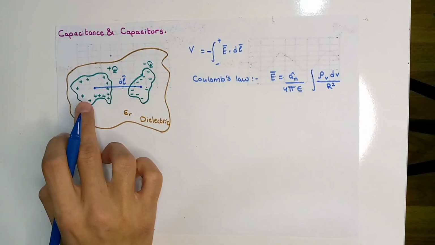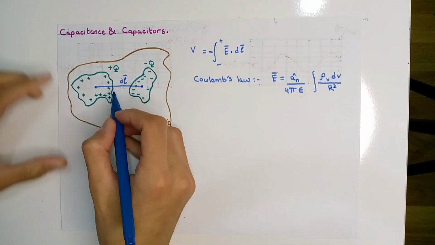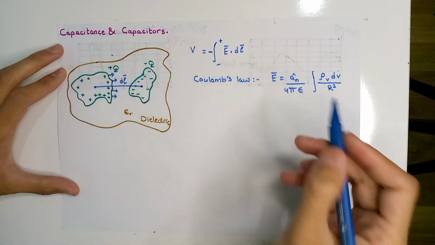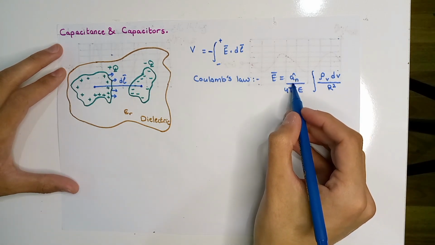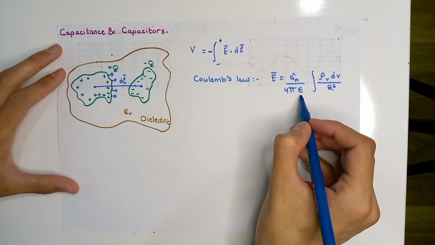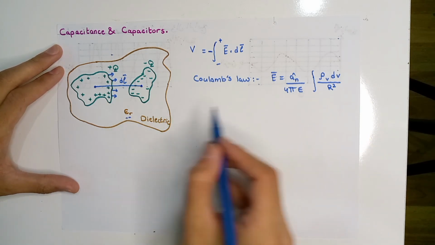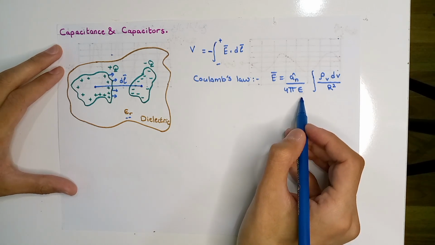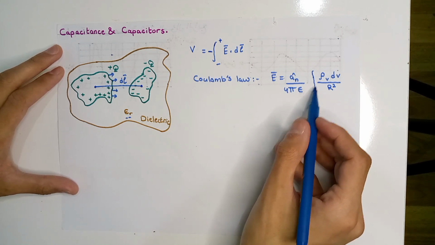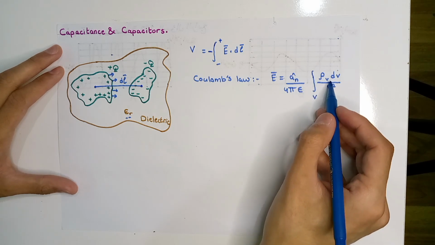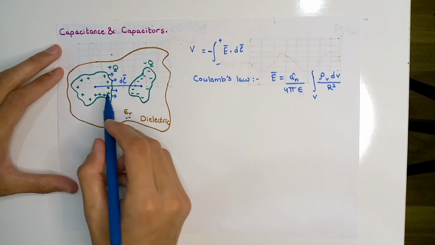Okay, the electric field is going to be normal to the surface of this conductor. Okay, and this can be found by this equation: 1/4 pi epsilon. This epsilon is the absolute permittivity, which is equal to the relative permittivity of the dielectric times the permittivity of free space, and the volume integral for the charge density divided by the